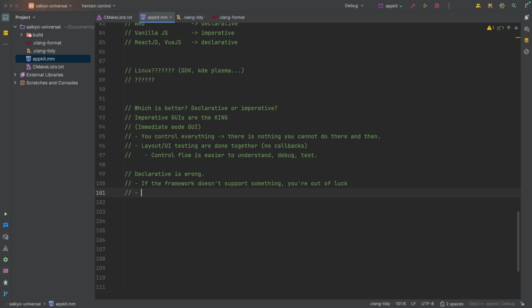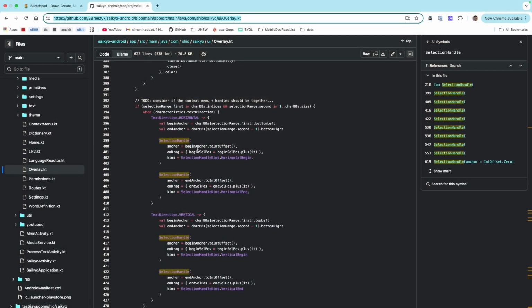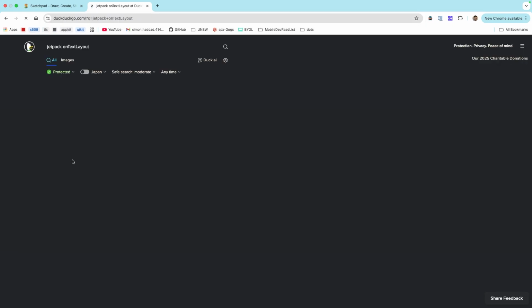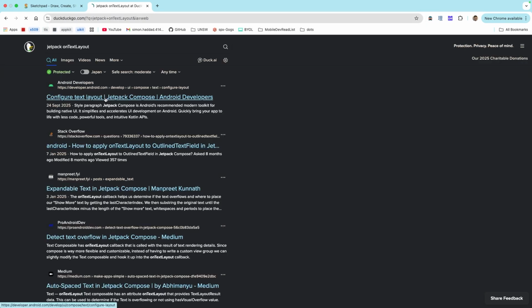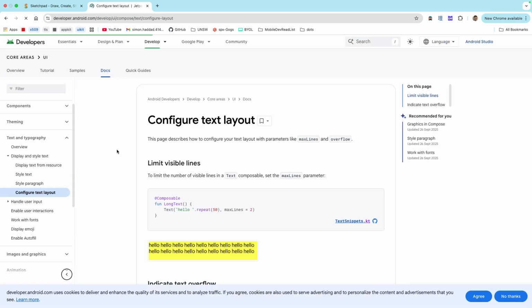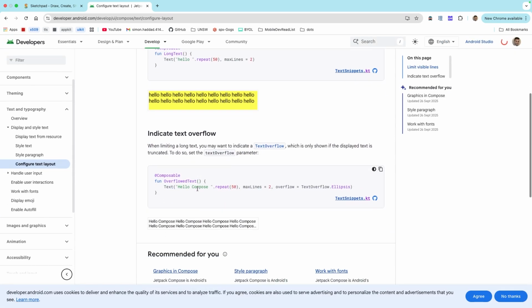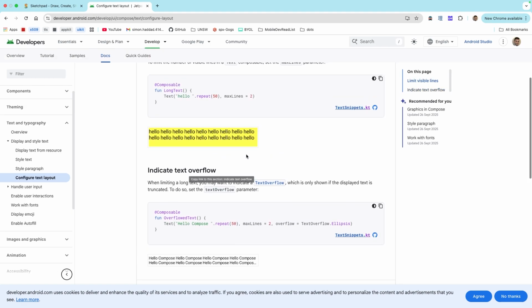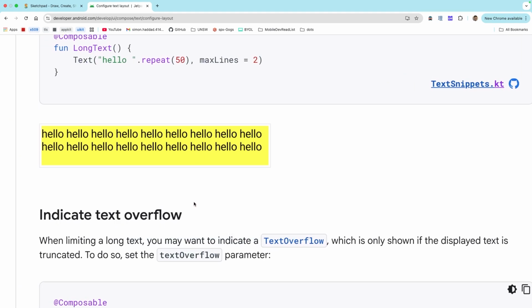Whereas if you do it from a declarative framework, you have callback hell for one, but also you have tons of callbacks. For example, in Jetpack Compose, I believe there's a callback called onTextLayout or something, just to know if the text has overflowed. And it's ridiculous. And the reason why that's important is if you had, for example, a very long